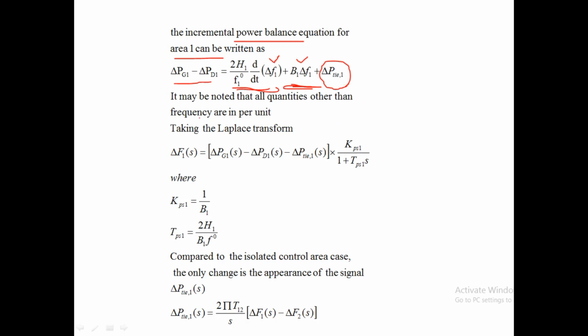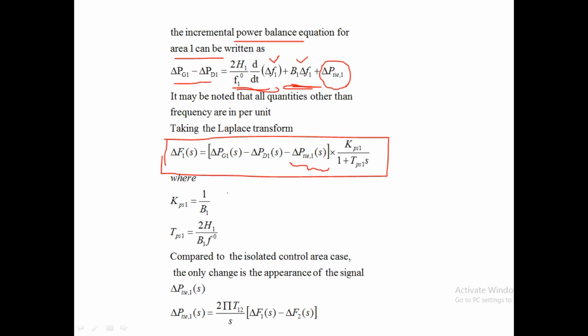All the quantities other than frequency are in per unit, and we are taking the Laplace transform. Then we get this Laplace transform, and we rearrange this. Then we are getting delta f1 of s. We had that earlier in the previous lecture also. You can compare with those. All the terms are the same, except there is an extra term here. Just compare with the previous lecture, with only one area, with only one load frequency controller. If you consider that, then you will get the same relations, except that there is a delta P